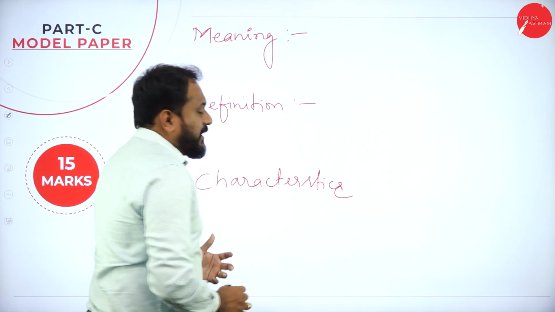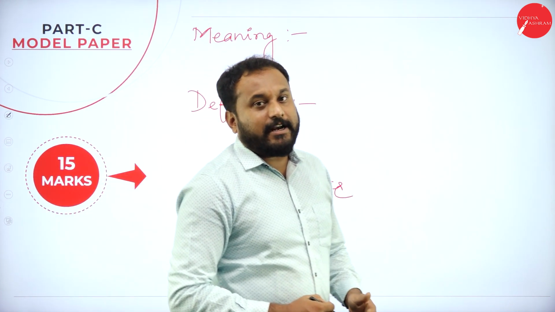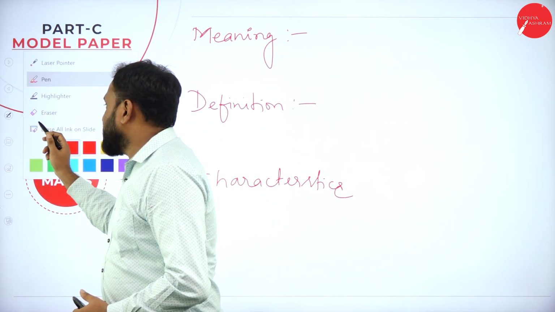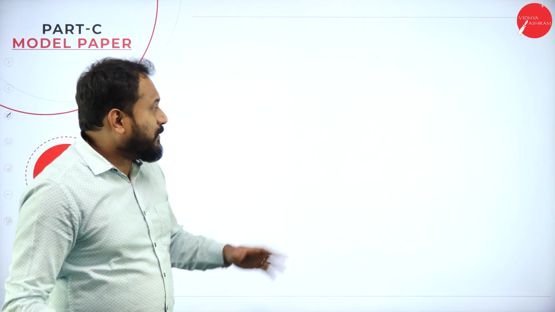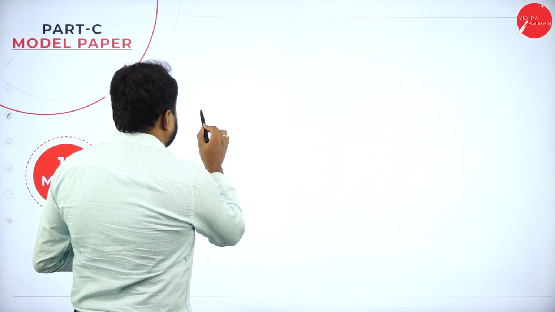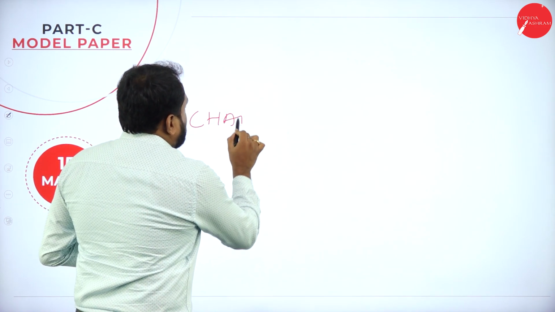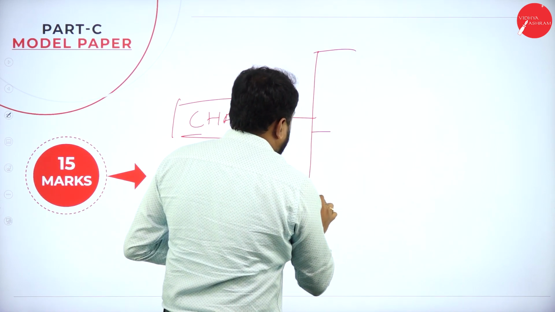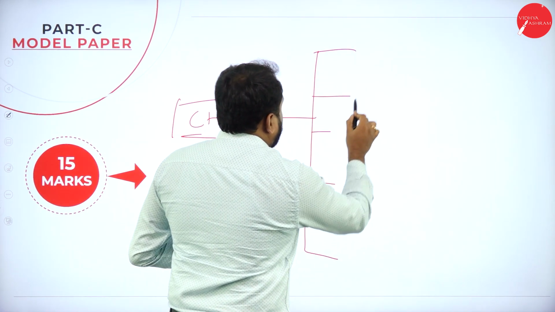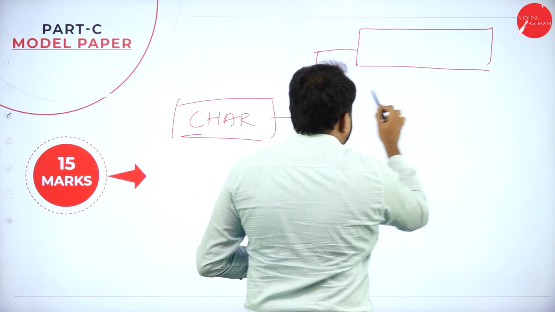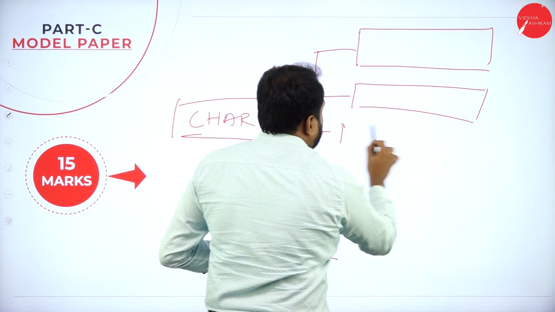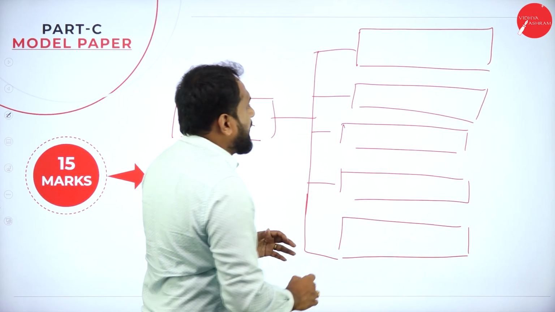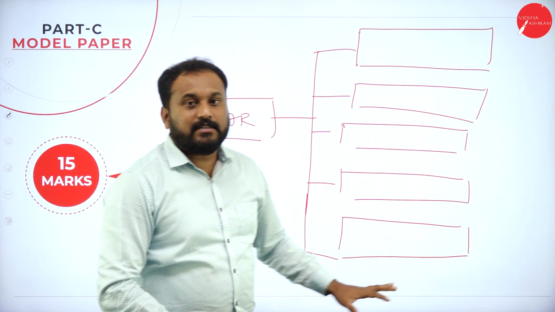Characteristics of management. Now, when you go for the characteristics of management, I'll tell you how to present the answers also. How exactly you are supposed to present this? Very simple, I'll tell you. When you go with the characteristics, on the next page you go with this. Say, here you have written the characteristics of management. Now go with these things. The first characteristic, the second characteristic, then the third, then the fourth. Like that, you go with all the 10 characteristics in one page.